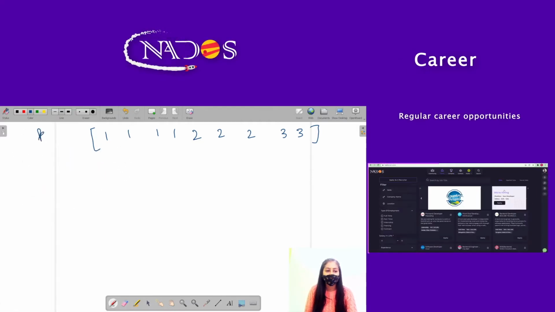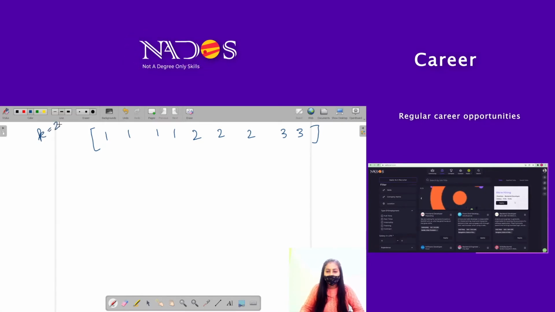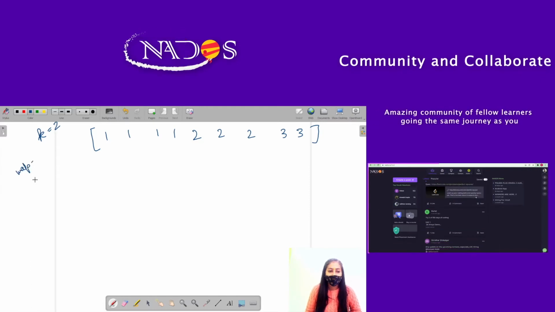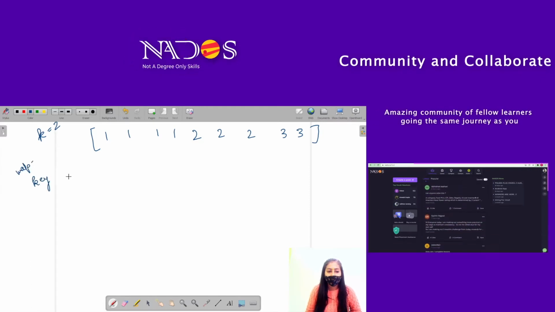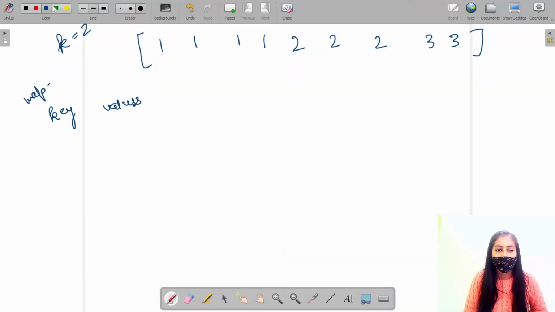Now let's suppose the value is given as 2, right? So how can we do this? We will be using a map, right? In this map, keys and values will be present. The keys are going to represent the elements in the given array, so the keys are 1 2 3.